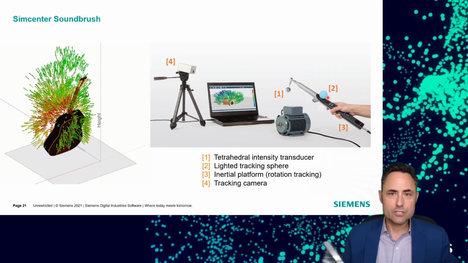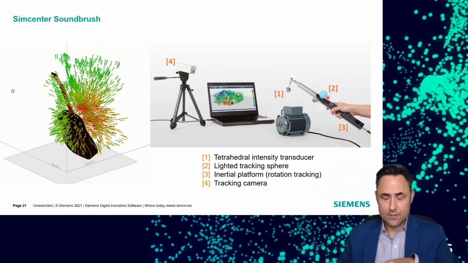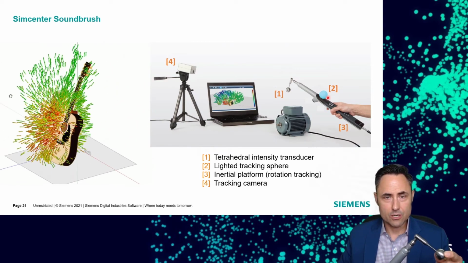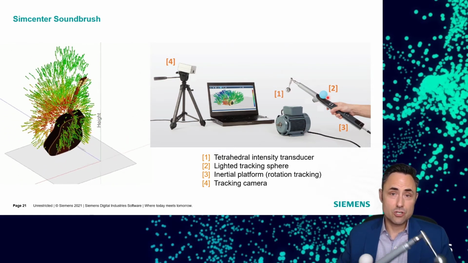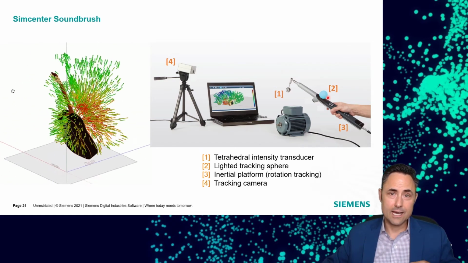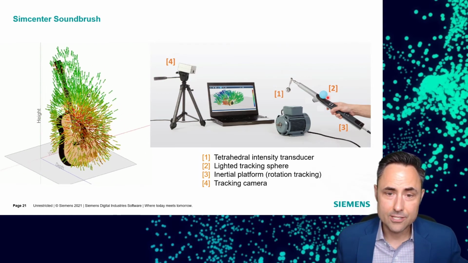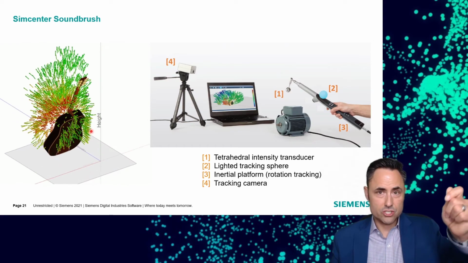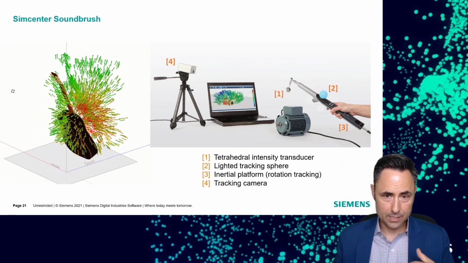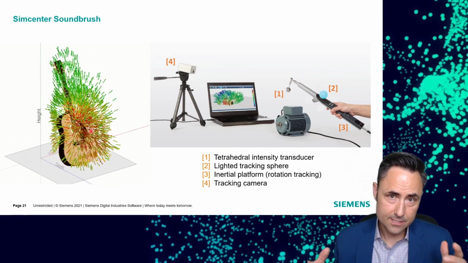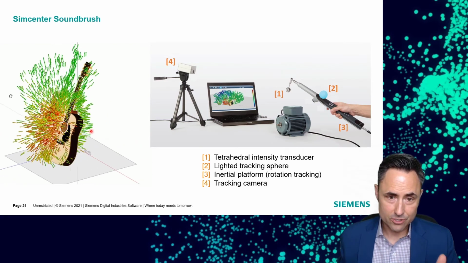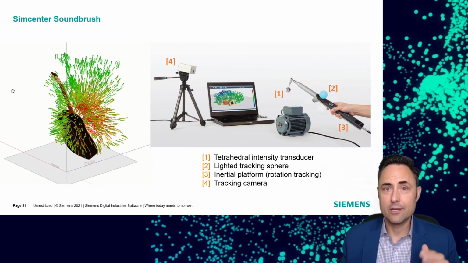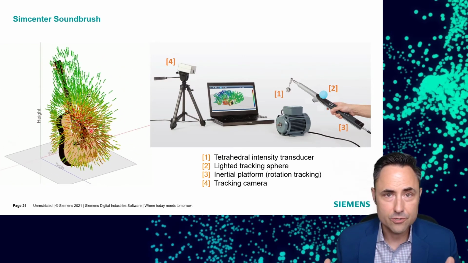You just go up to your sound source and wave this thing around. The tracking camera, the gyroscopes, and the tetrahedral configuration of the transducer essentially measure X, Y, and Z in real time without any restriction. And so when we took this data on this acoustic guitar, we essentially just scanned over the device and populated in a volumetric sense these sound intensity vectors. And so we get a very compelling 3-dimensional plot of how the sound emanates from this acoustic guitar.